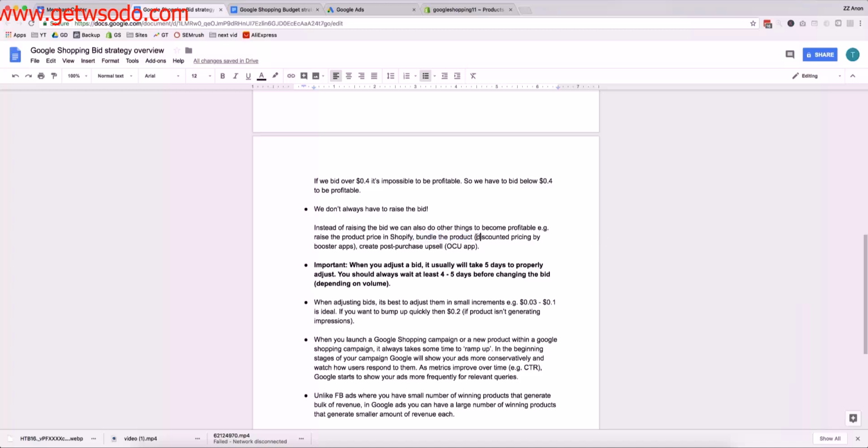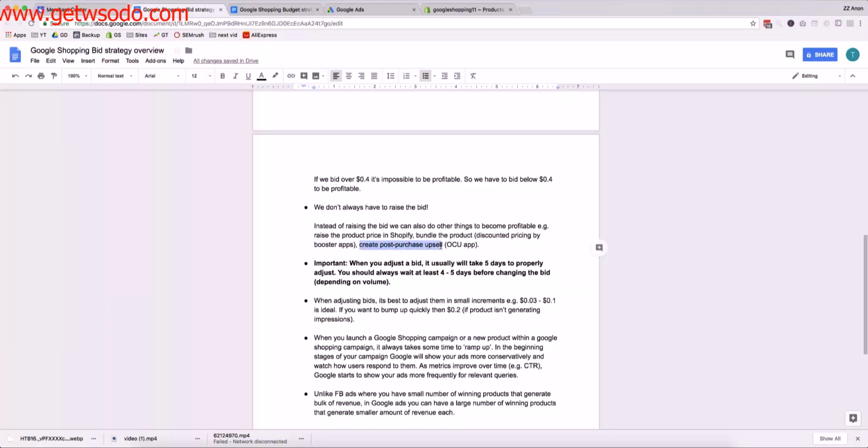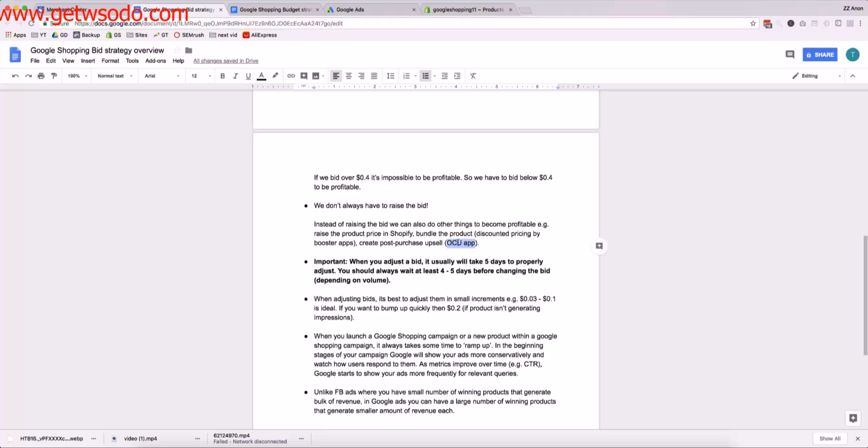A good app to do this is Discounted Pricing by Booster Apps, where you give a discount if they buy more than one of the product. You can also create a post-purchase upsell using the One Click Upsell app by Zipify, which isn't available on the Shopify app store. You have to Google it to find it. But these are ways that you can get products profitable if they're breaking even on Google Ads and you can't